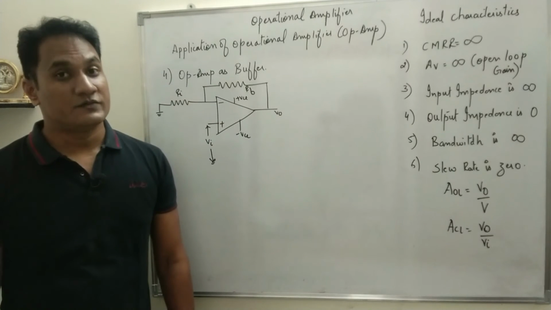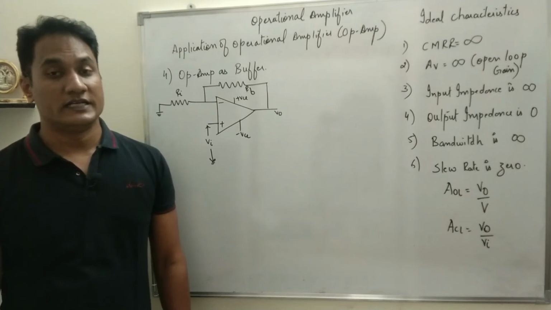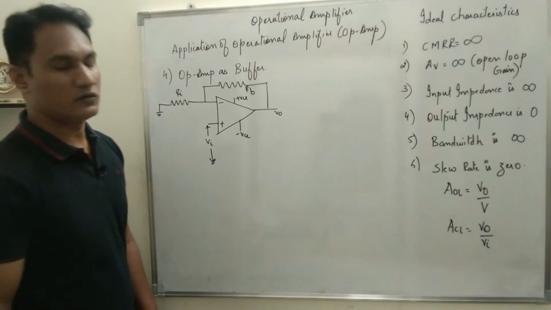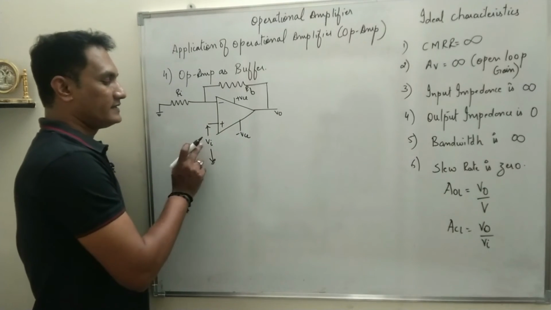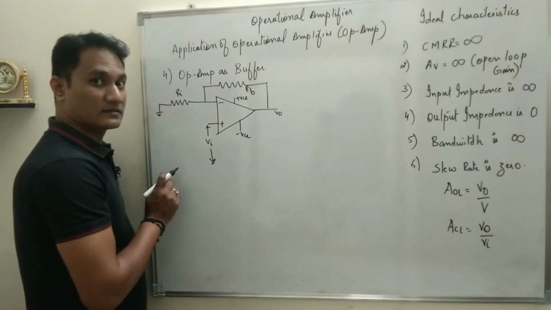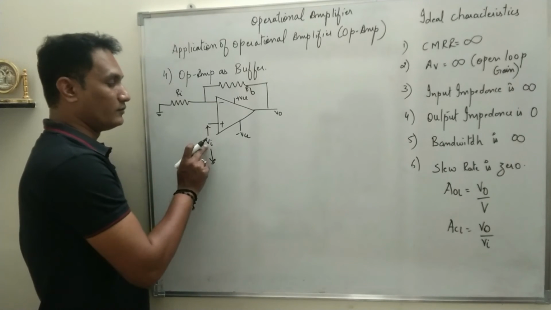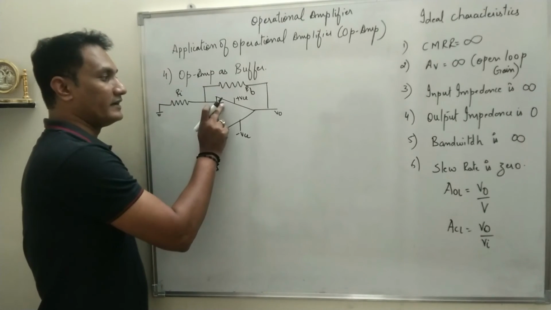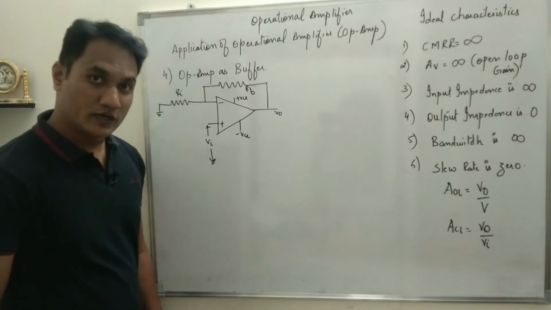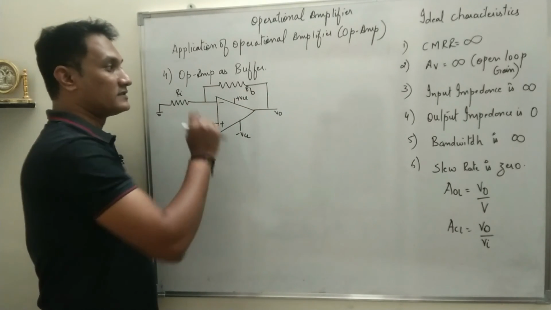Now the circuit which I have drawn on the board, just look at it closely. What you can see is that the input is applied to the plus terminal. Plus terminal is the non-inverting terminal. So the input is applied to the non-inverting terminal and the inverting terminal is grounded, and there is a feedback resistance,